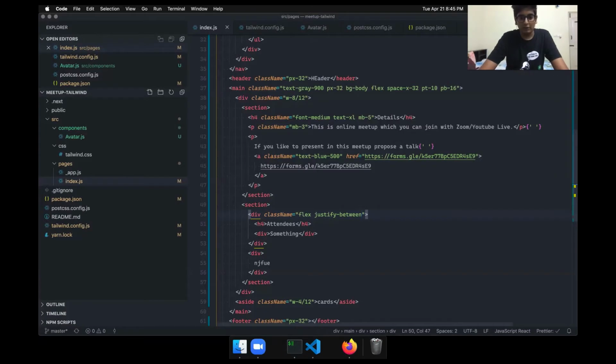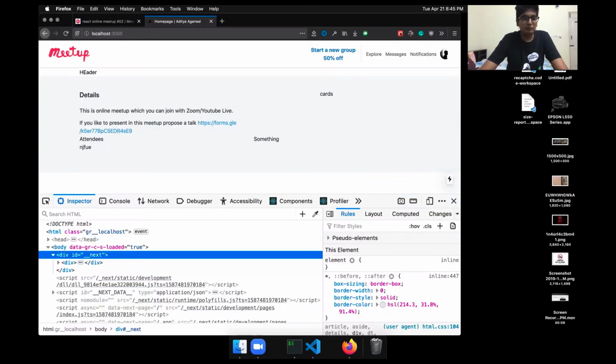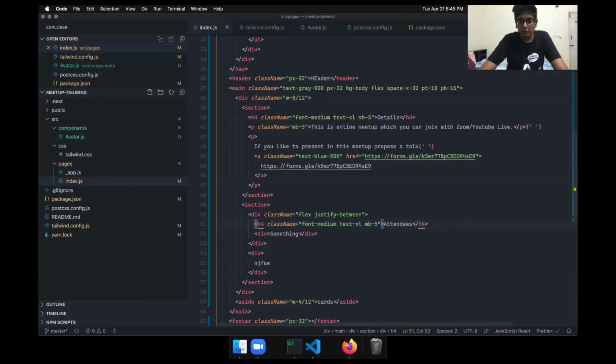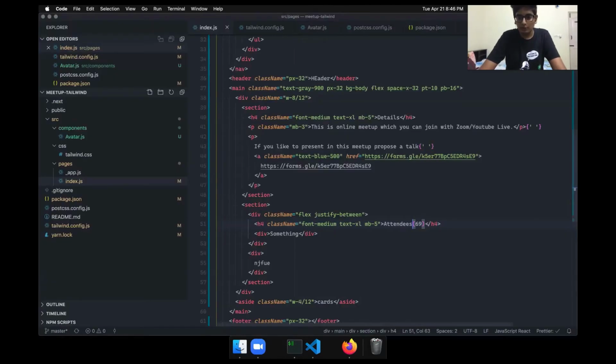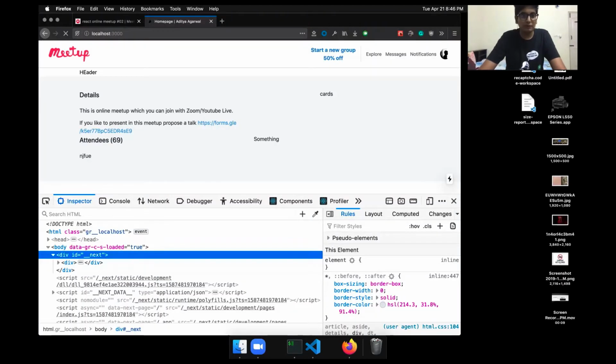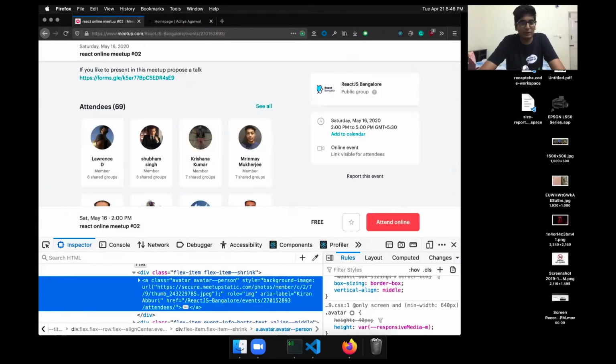and since we can copy the heading code from here. We have some participants value as well. Actually, there's a space. Cool. And there is a lot of gap between these headings.